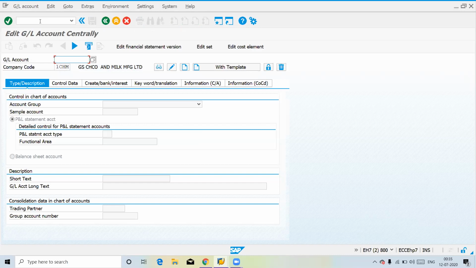So what you can do, suppose it is copied from the 1000 company code, whatever GLN code is missing, you just copy here and get into the change mode, and after that you copy from the existing template if any GLN code is missing. Since we didn't get this error, I'm not able to show you how to resolve this one. So this is how you can resolve this issue.